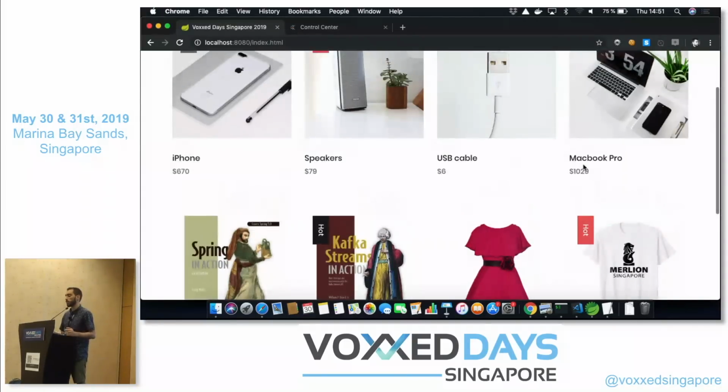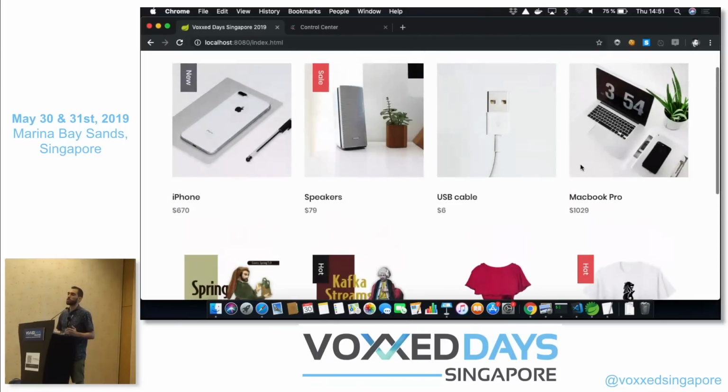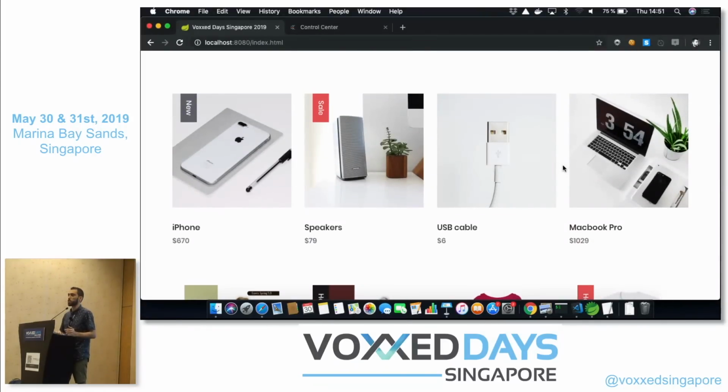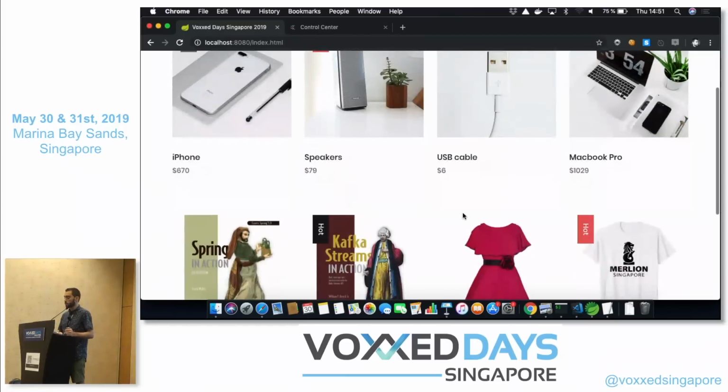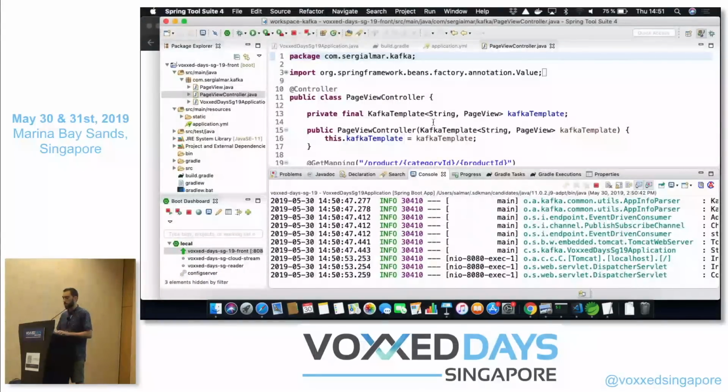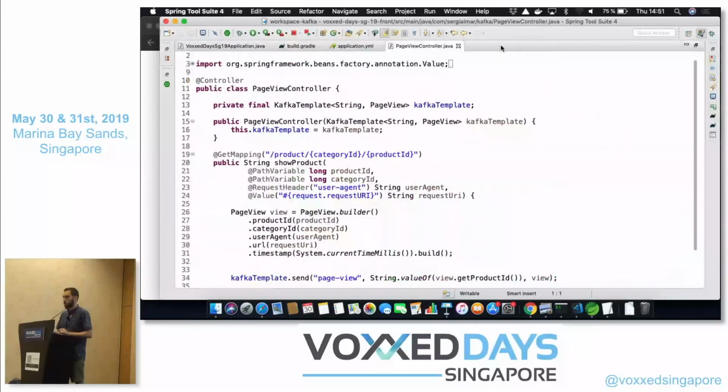And well, this application is not doing much, right? The main intention of the application is to basically track the user activity. In order to do that, we're going to track every single click that the user does on the website, so we then can analyze those page views, and we can aggregate and do some analytics on those page views. So it's basically not doing much, and actually when you click one of these links, it's returning to the same page. So for the sake of simplicity,